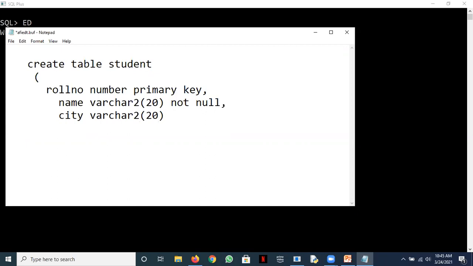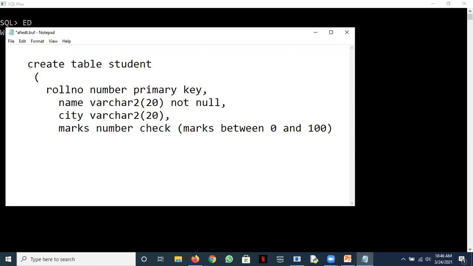And let's not put any constraint on it. And then marks. Marks we take as number and we say check marks between 0 and 100.